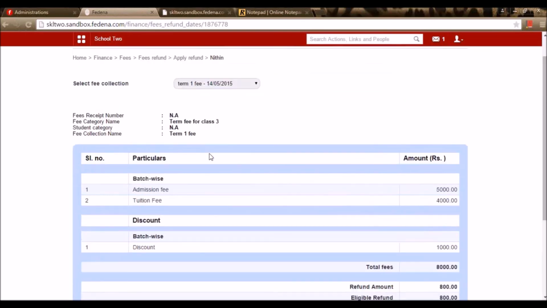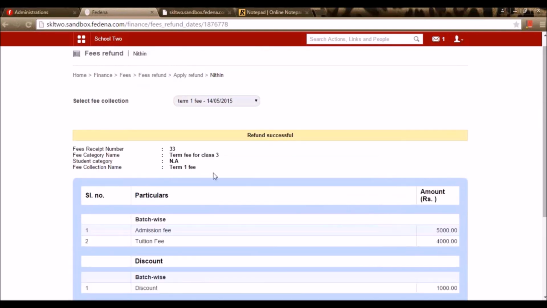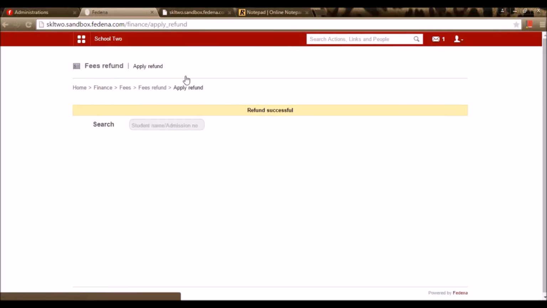So based on the total fee collection, the percentage will be calculated and it's considered to be 800 rupees here. So I'm refunding it. I can give any description, say reason for the refund, I'm giving refund. Now the refund is successfully done.